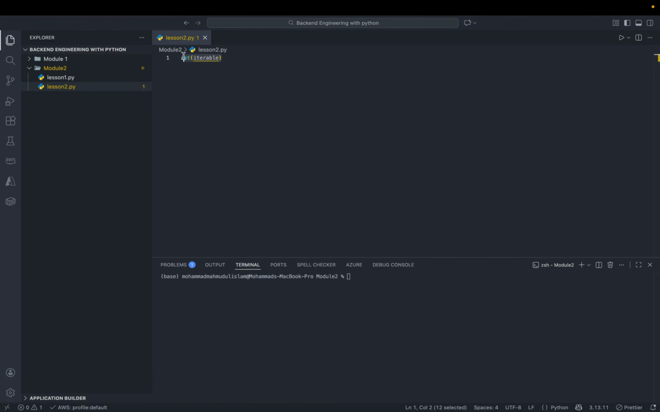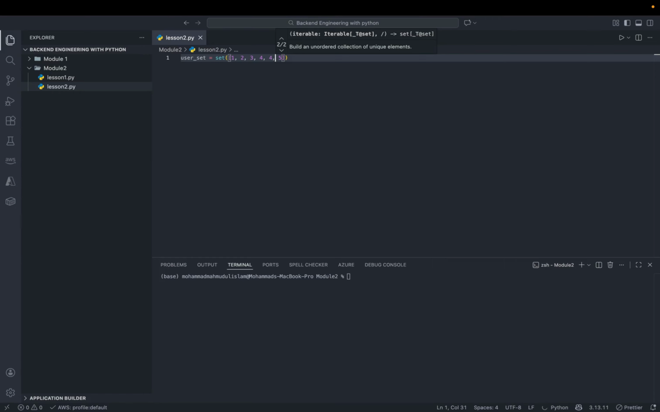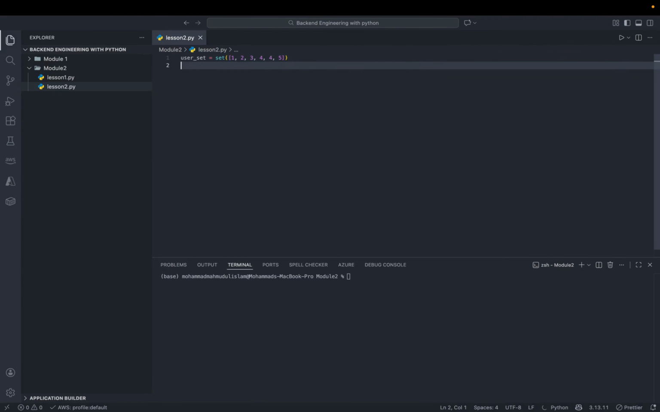So let me create one set. For example, I create a user set with the set constructor, and if I put one list here, for example 1 2 3 4, and let me add some duplicates too. And now if I print this user set,